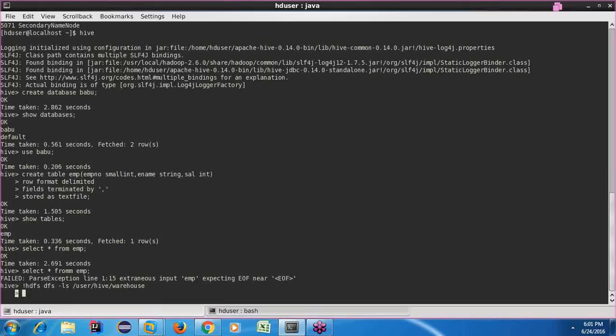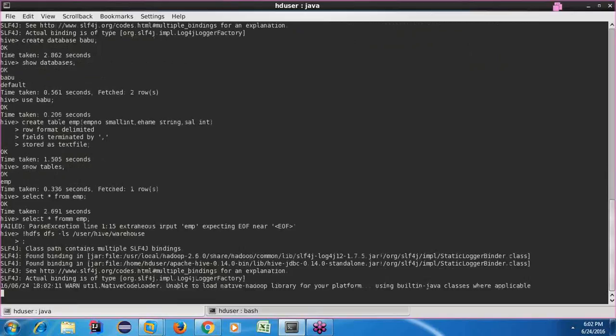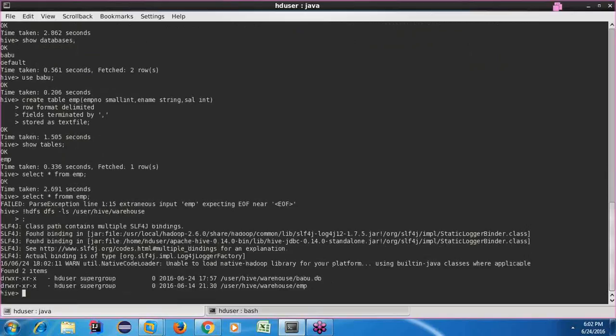But actually I'm not, I'm done with it. So I'm giving semicolon, enter. So this is the way you can happily execute your commands which don't belong to Hive from your Hive shell.